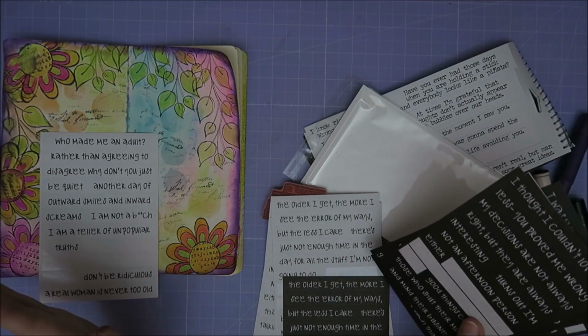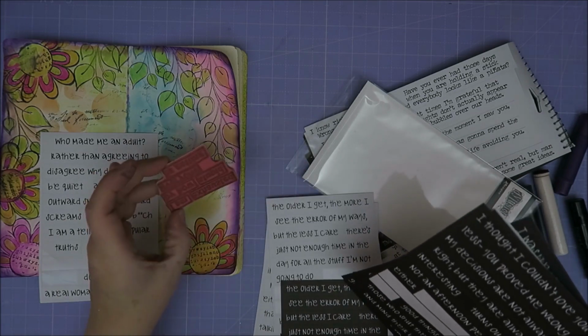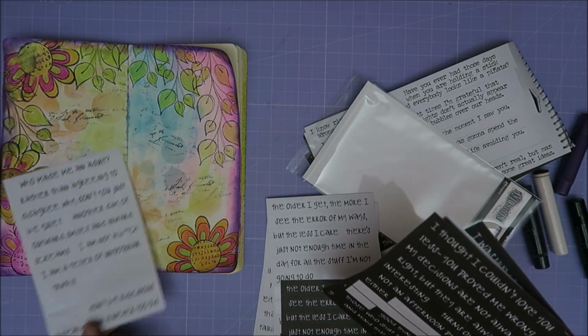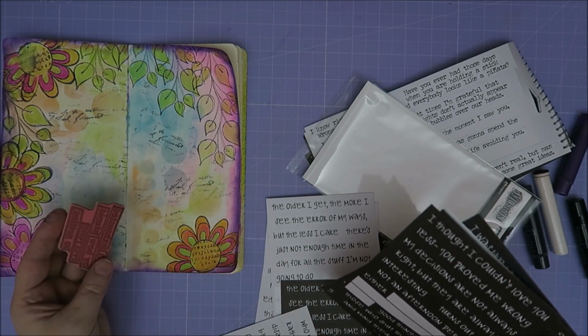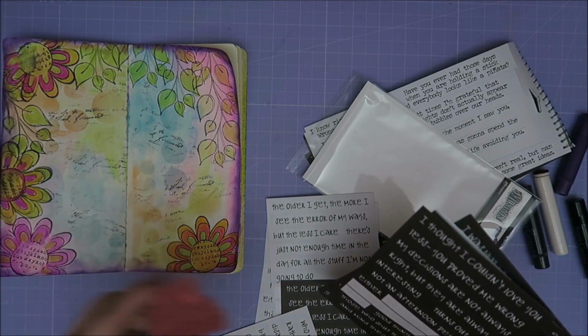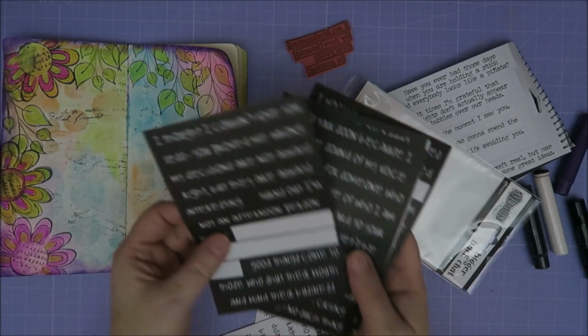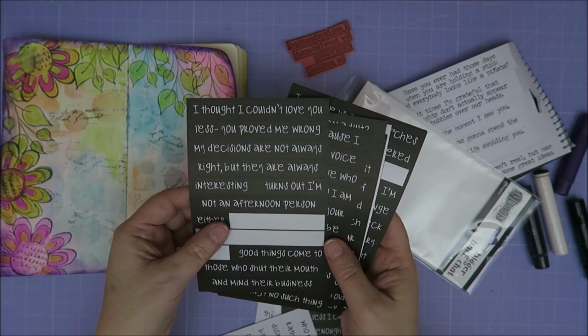Okay, complete change of plans. I wanted to stamp this on black paper because I want to have black over here instead of white. But then I thought it's going to be difficult using white ink, and that won't dry as well. And I thought I do have these stickers in black. So